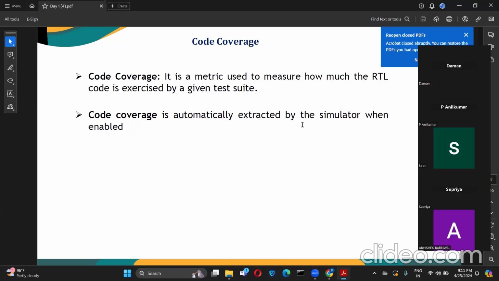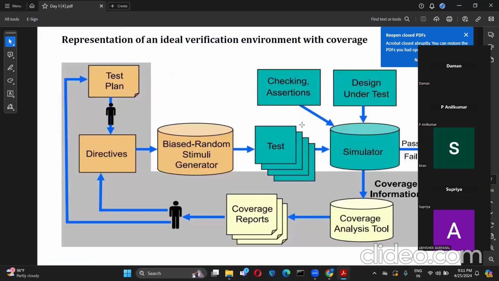You are tracking the progress of your verification. So how many test cases you have written? With those test cases, all the functional specifications are covered or not. From those reports you can understand the functional coverage. This is also a good point, right? And on code coverage, it will cover all the functionality of that design or not.